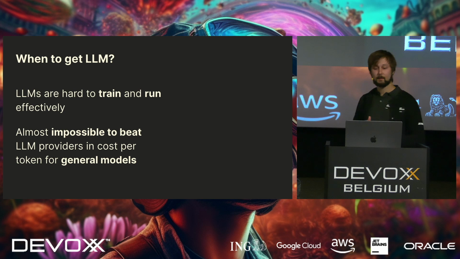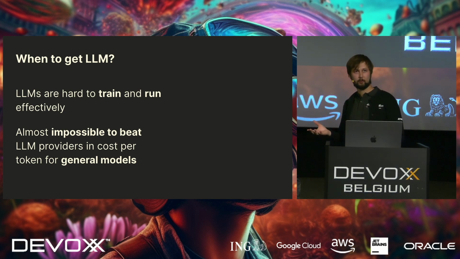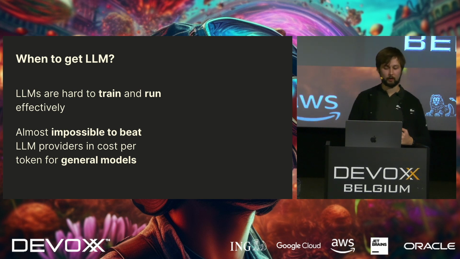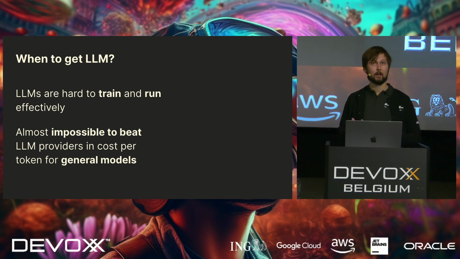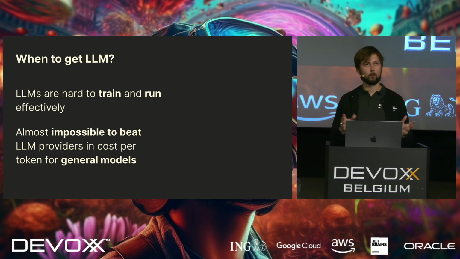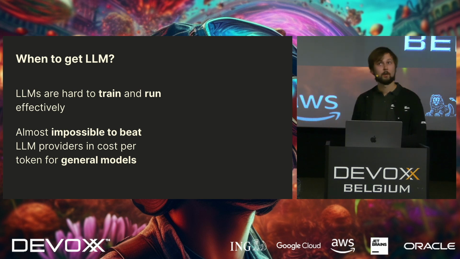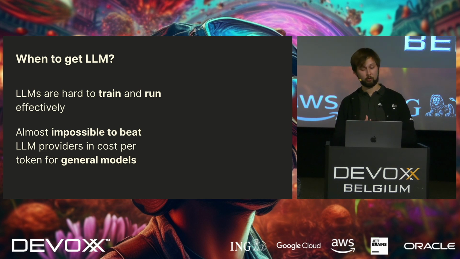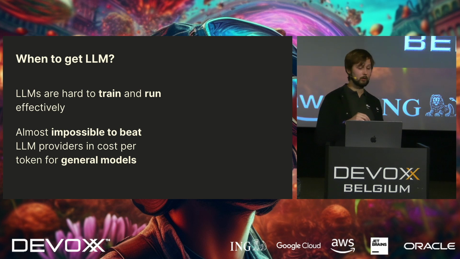We need to understand when you need to get a large language model and when you need your own machine learning. And specifically in the case of JetBrains AI, as you may have seen, in most cases we're right now using large language models. Large language models are really hard to train. It takes, I don't know, 128 GPUs and 11 days for a 1 billion model. And if we're talking about ChatGPT, it's a 175 billion model. So it would cost a lot, it would take a lot of time, and you still need to know how to train it. But what is also important, it's almost impossible to beat LLM providers in cost per token